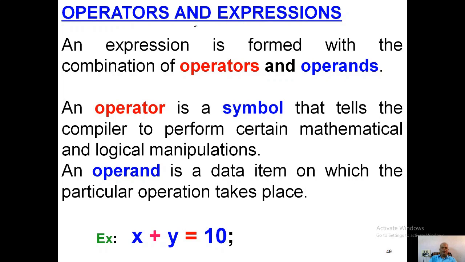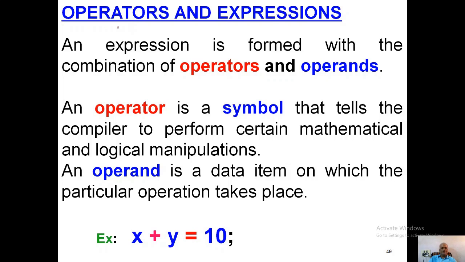In this video, you are going to learn about operators and expressions in C language. It is a very important question. In most of the university exams, they may ask a question like, what are the operators in C? It is an essay type question. All of you please carefully follow the video and learn the question thoroughly.